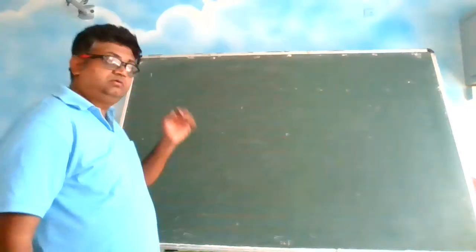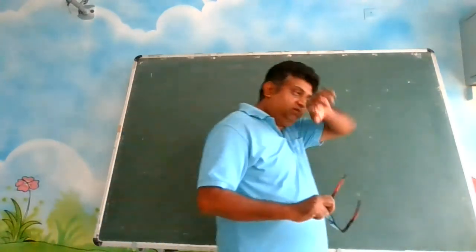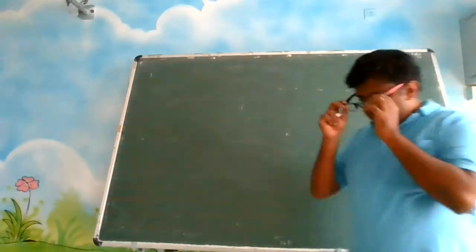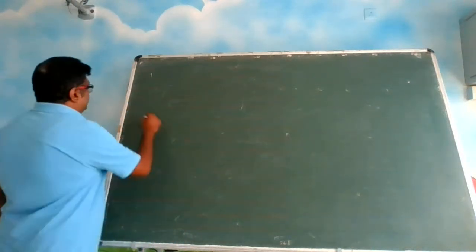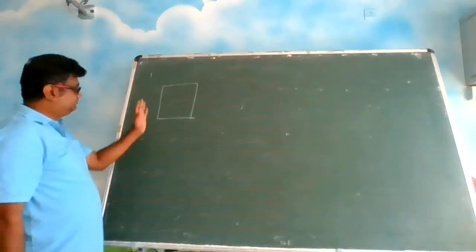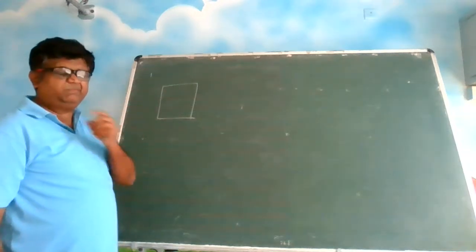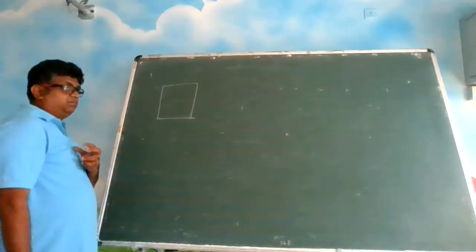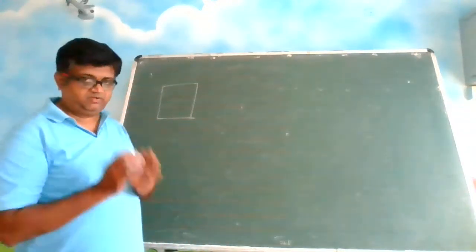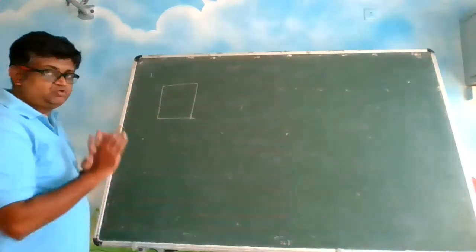Good morning, students. Yesterday we discussed center of mass. So today we will see some simple illustrations to understand how to calculate the center of mass. I told you that if it is a square, it is a symmetrical geometry. Symmetrical. See, we are trying to find out for the plane surface. When we talk about plane surface, we talk about area. When we talk about solid, we talk about mass. So we are talking about plane geometry.